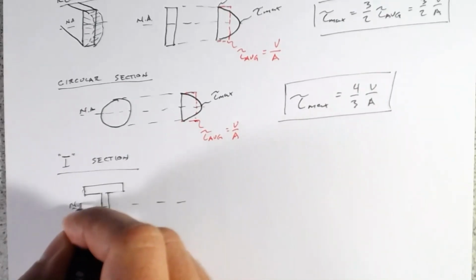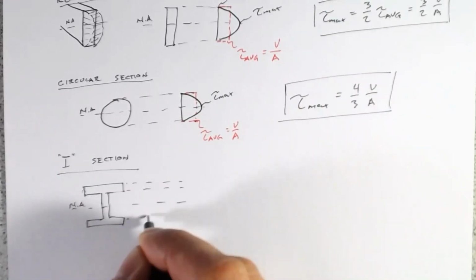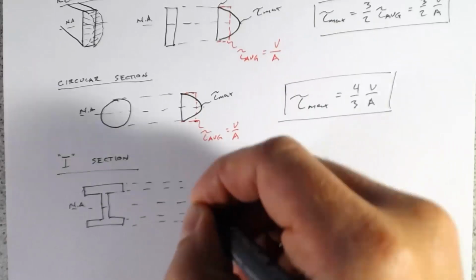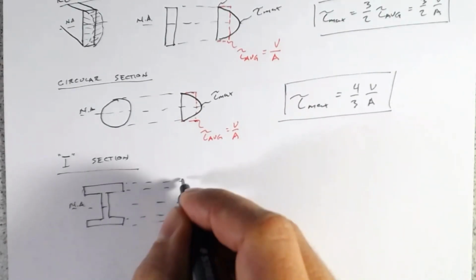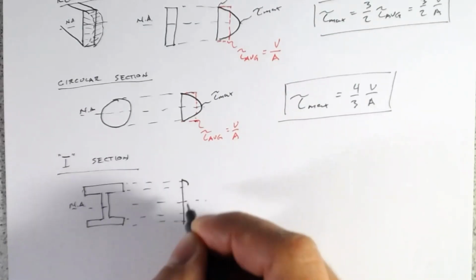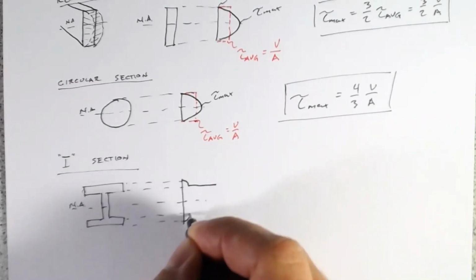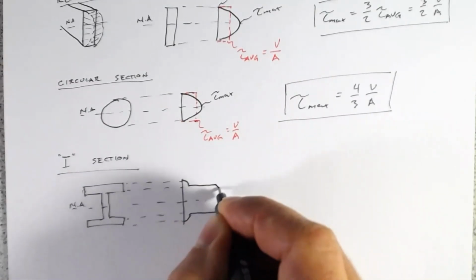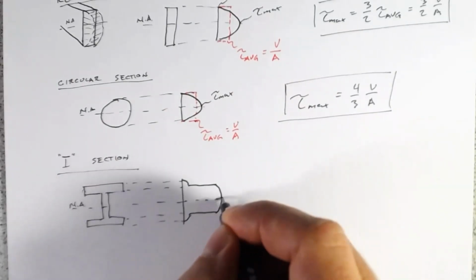So if that's our neutral axis, and we'll bring across some points so that we can look at our distribution, we'll find that we have a small distribution, again parabolic on the flanges, but then when we get to the web, something interesting happens. It shoots way up, and tau max